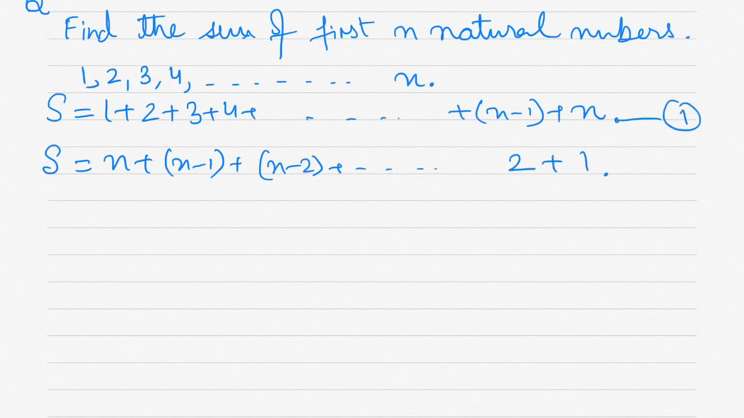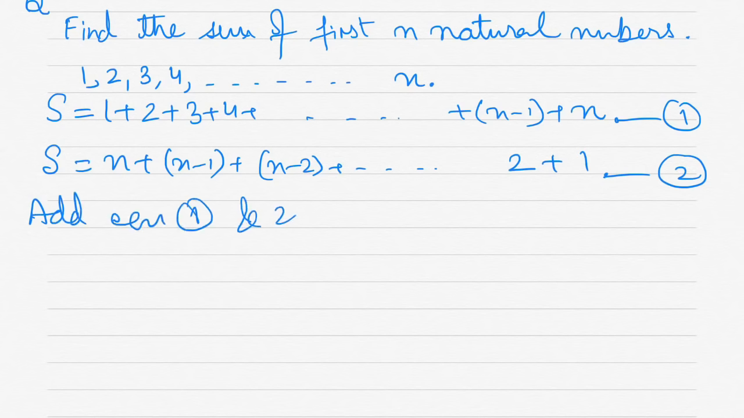Now equation 1 and equation 2, the two equations are exactly the same. They have the same number of terms and the same terms, only the arrangement of terms is changed. In the second equation we are writing terms in reverse order. So let us add equation 1 and 2. Let us add left hand side to left hand side and right hand side to right hand side. On the left hand side we have S plus S, which is 2S is equal to